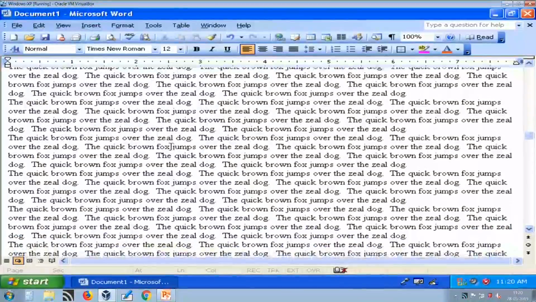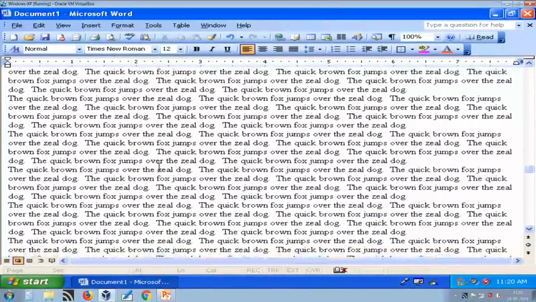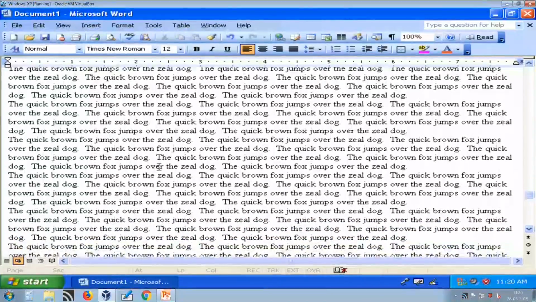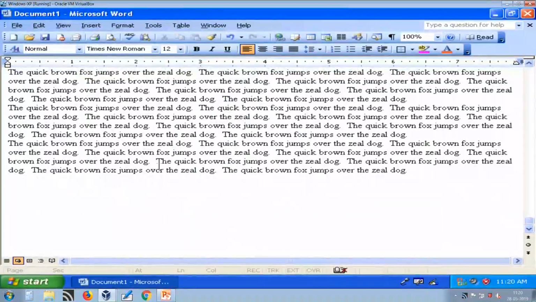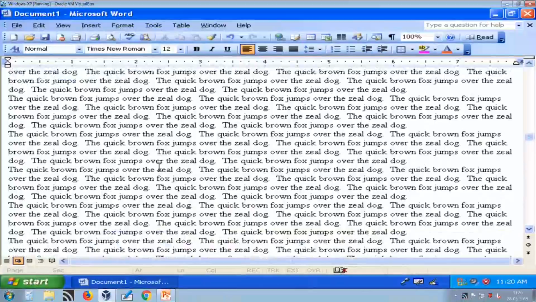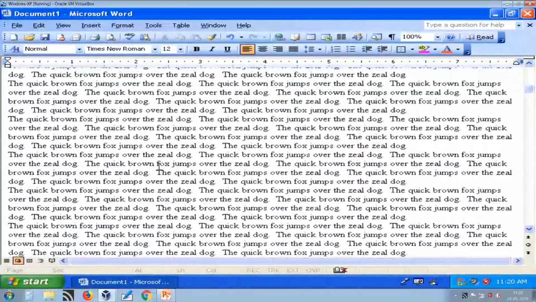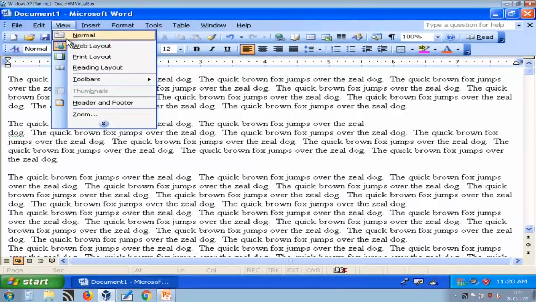The entire document is a single page with HTML extension, and here you will not find any kind of page break. You can preview how your page will look in HTML. So, that is web layout.